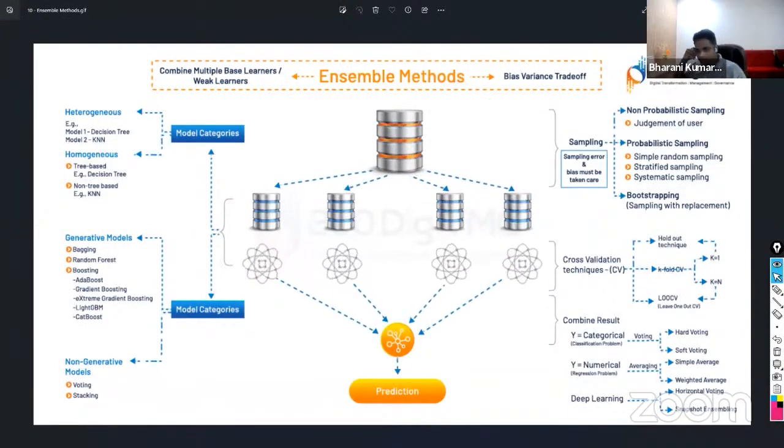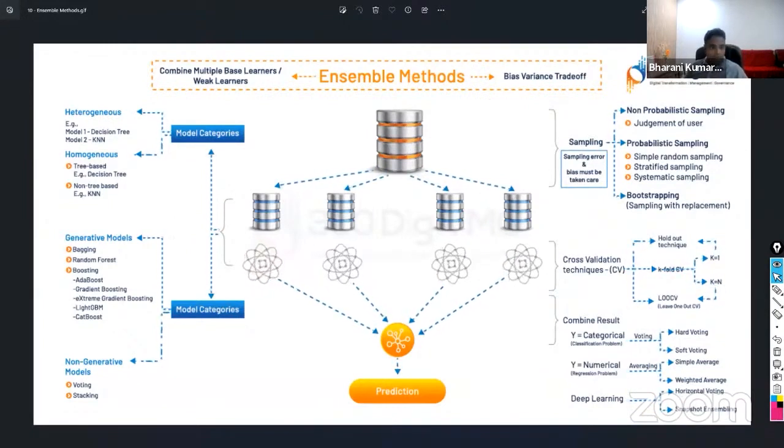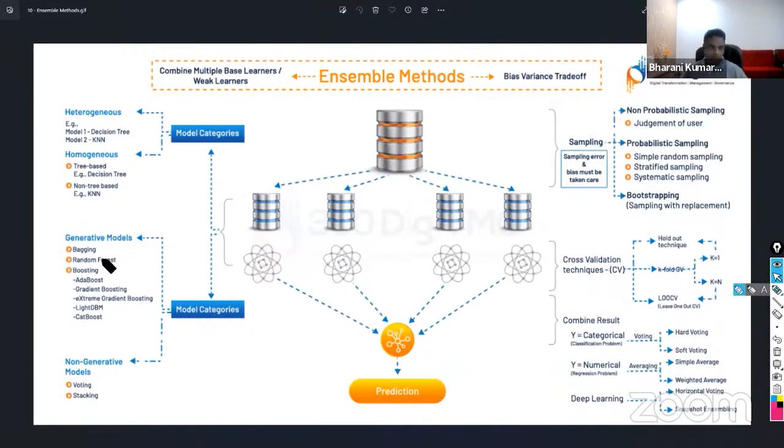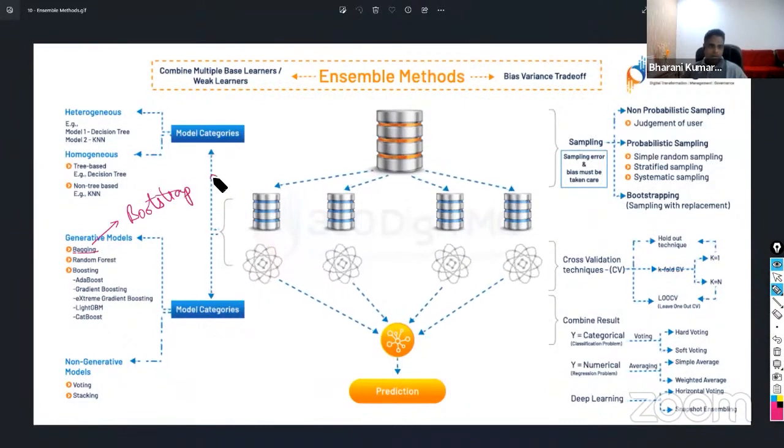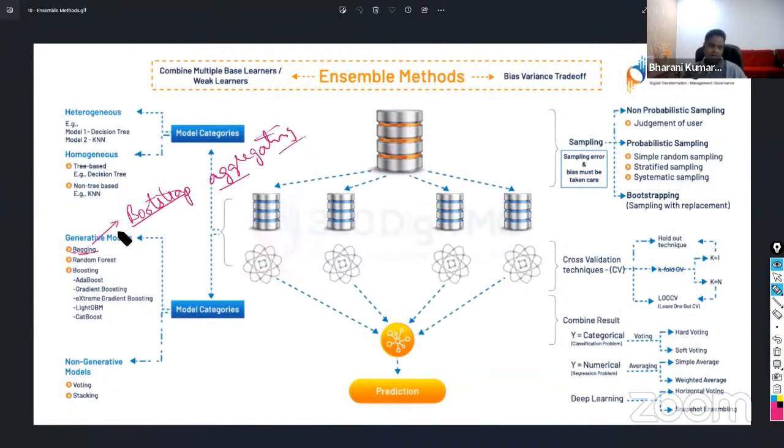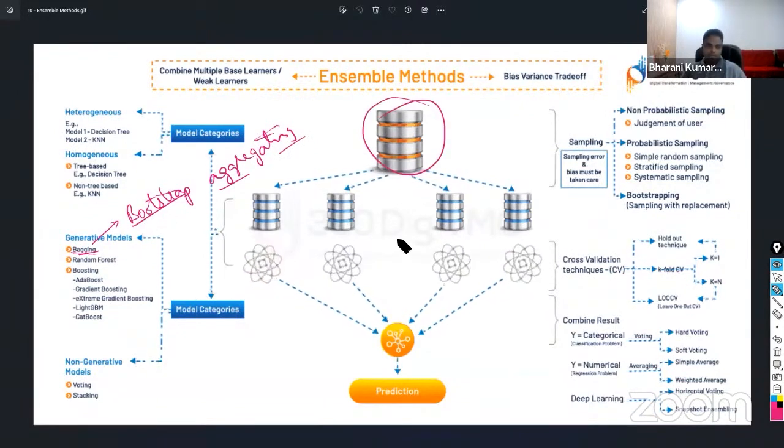Sure. Absolutely, Nitin. Okay. So bagging, if you look at the name, has B and agging, right? So this is called Bootstrap aggregating. B as in bootstrap and AGG as in aggregating, or ING as well. Here, once you have your data set, when you create training data sets randomly,